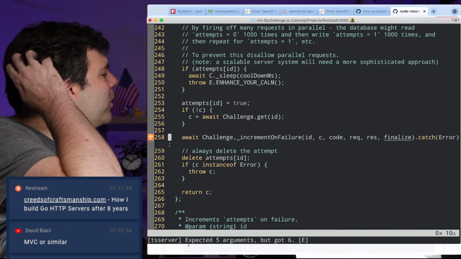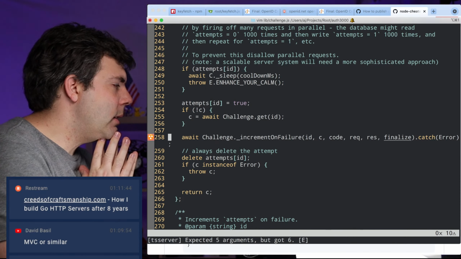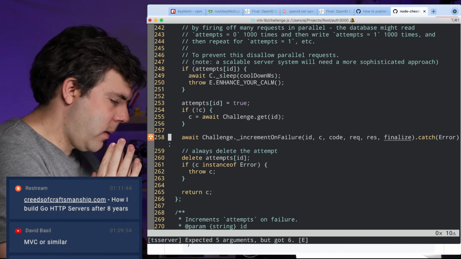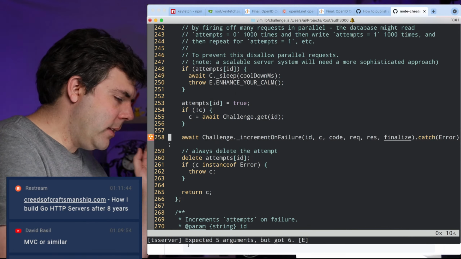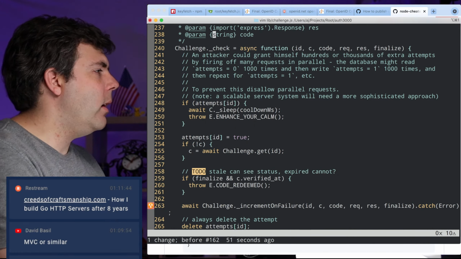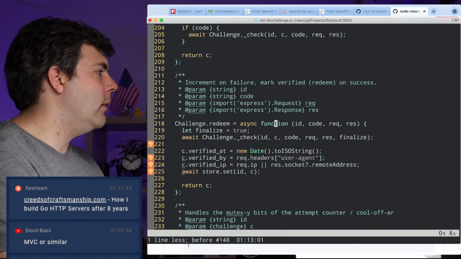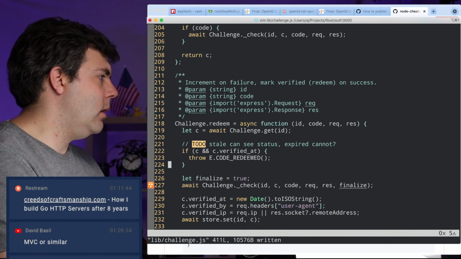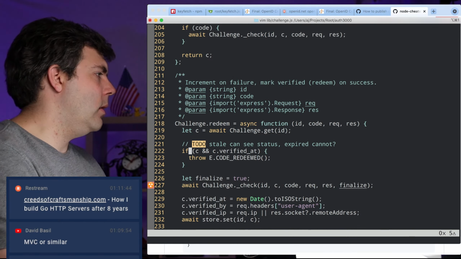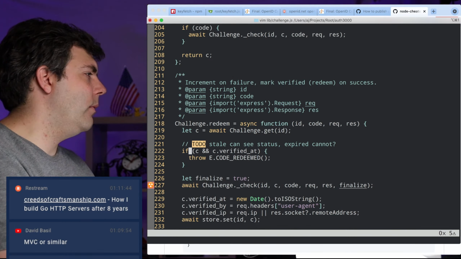Okay. Wait, should this be allowed? Here's the question. Should this be allowed to say if we're not... If it's the failure case, it carries on. It'll still fail on failure. Okay, no, I'm going to undo this a bit. I don't need that finalize to go all the way through. It is acceptable to me to do this here. Yeah, that's acceptable.